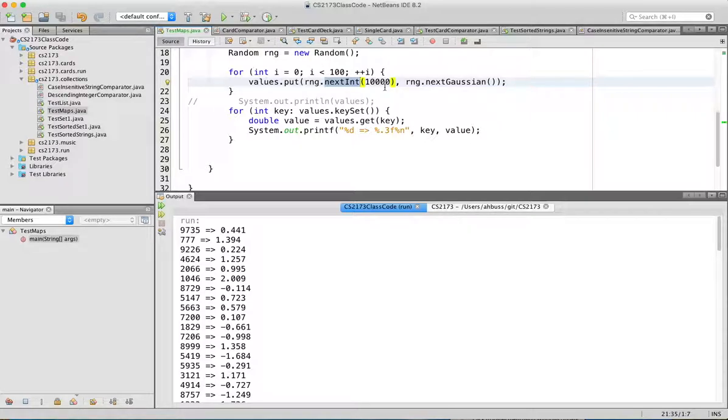But when I go to put it in, auto-boxing says, okay, you're trying to put an int in, and I want an integer capital I, so I'm going to wrap that up in a capital I integer before I put it in. Likewise, the value, this is a double, lowercase d, a primitive double,